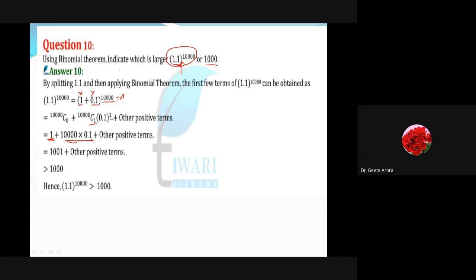So if we are getting 1000 plus 1, obviously it is larger than 1000, and whatever other terms are coming doesn't matter. So this is how, using your own logic, you can find out which one of the solutions will suit you in the examination. It's not so that you have to expand the whole term. There is no requirement. Depending upon whatever is being asked for, you have to give that answer. Doesn't matter how much accuracy, whatever is required, that you have to see only. Otherwise, it is just a matter of time.